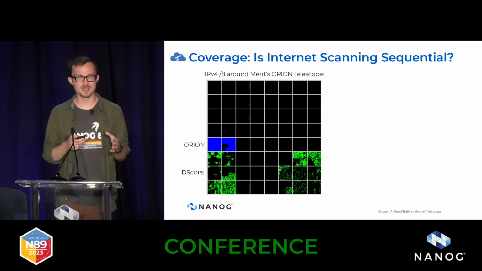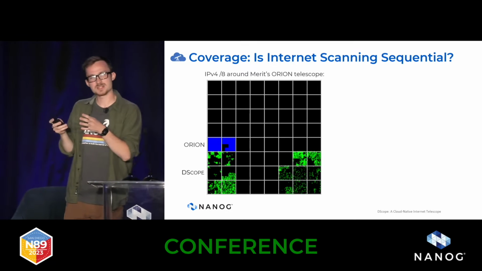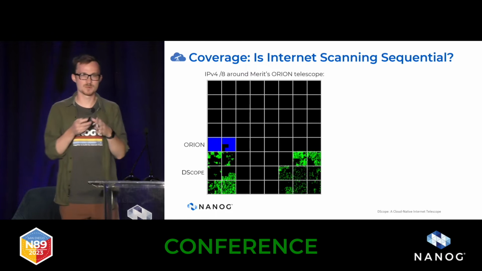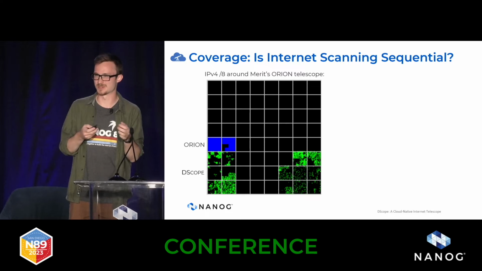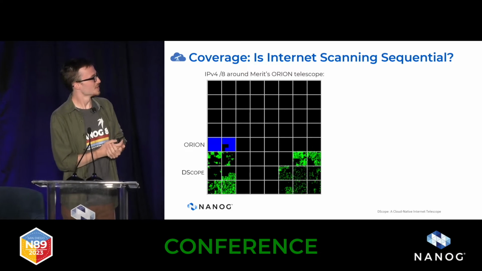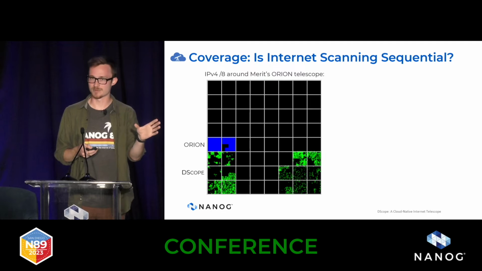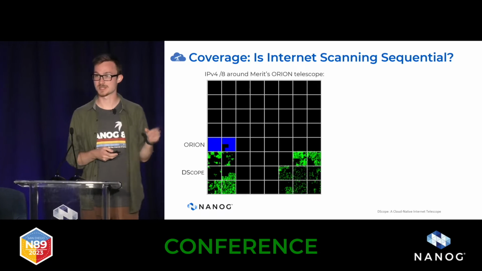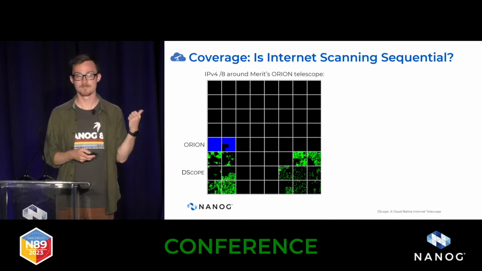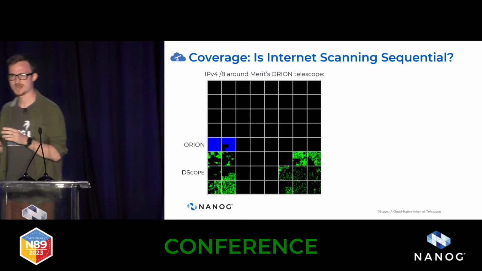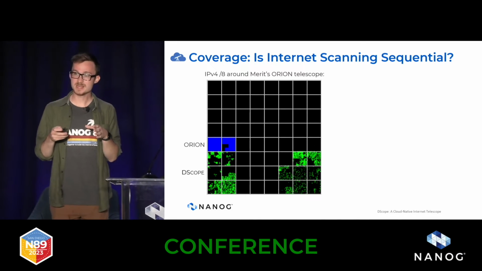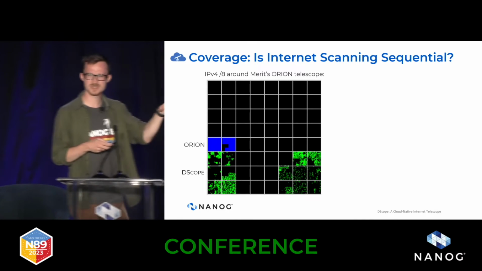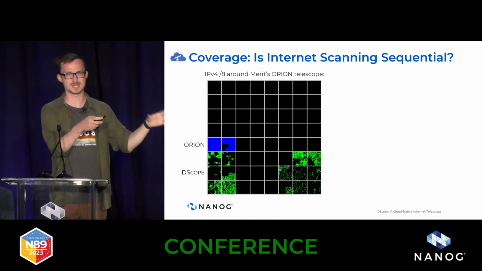Additionally, we wanted to understand whether scanning was random but just targeting cloud IP addresses or specific IP address ranges, or if it was sequential through the IP address space in a way that would frustrate our analysis of it. One interesting quality of the Merit Orion telescope and Amazon Web Services is that Amazon recently acquired many IP addresses that used to be part of Orion's telescope. So if adversaries are treating the telescope differently, we would expect many of those adversaries to continue treating those addresses differently, even though they're now owned by Amazon. We'll see a little bit in a couple slides how that plays out in a different setting.